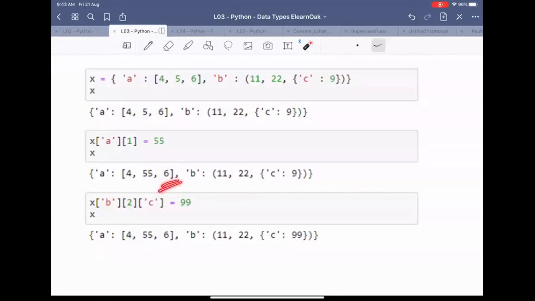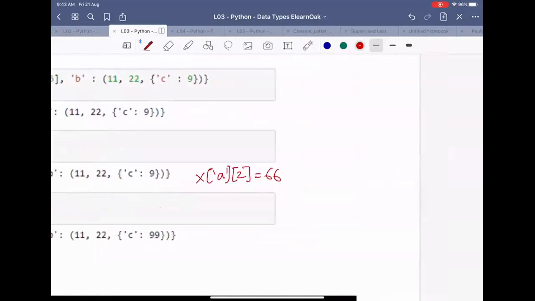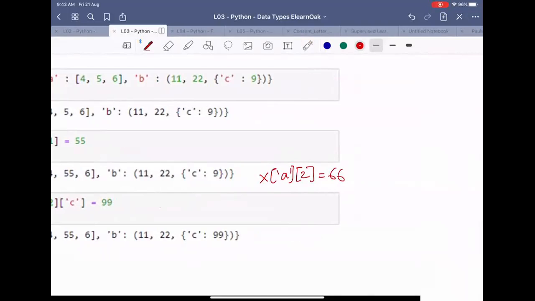Okay, you're right. To access this, we have to write code something like this: X of A, 2 is equal to 66, and thereby we will be able to update the value of 6 to 66. Excellent. With this, I end the topic on data types.